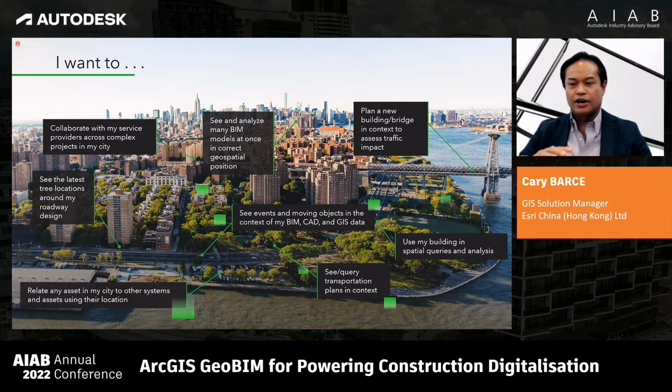You have to look at the project in the context of the environment. For example, if you're looking at the project of building in a certain location, you want to know what are the telecommunications service providers, what are the installations in place in that particular location. You also want to look, if you're looking at the BIM models, at the surrounding areas, the natural and built environments, all the terrain and geographic information, and